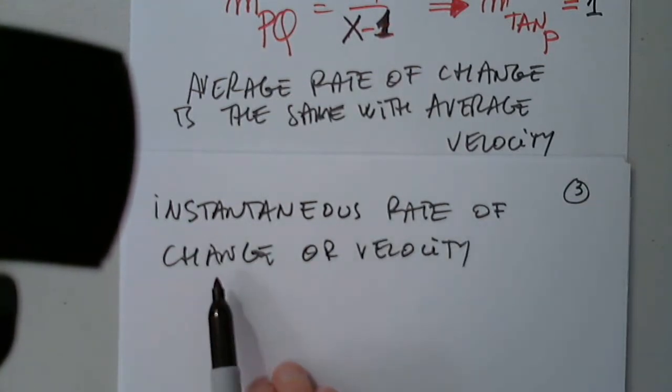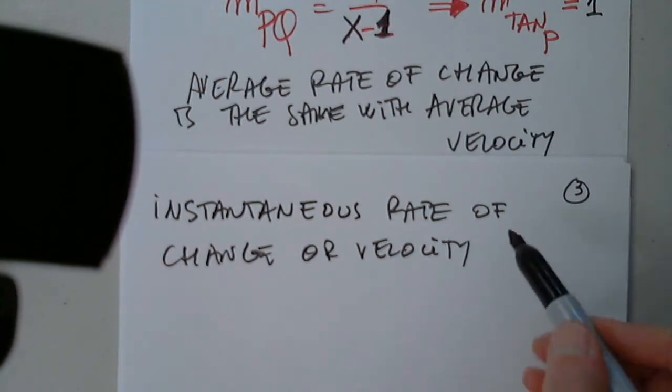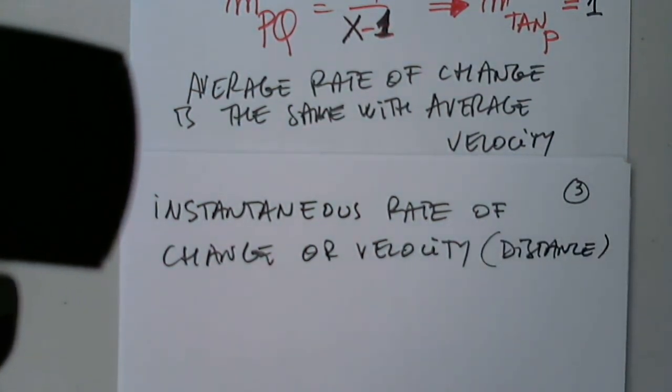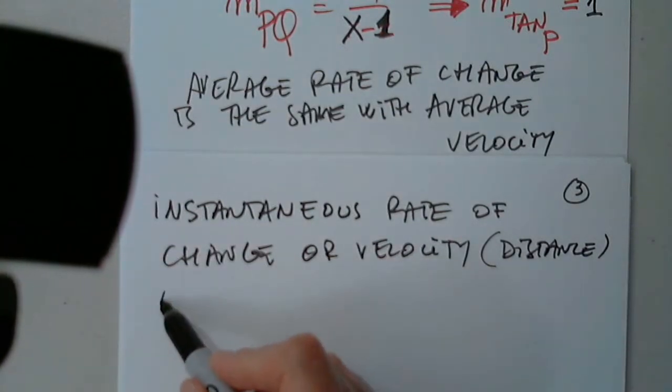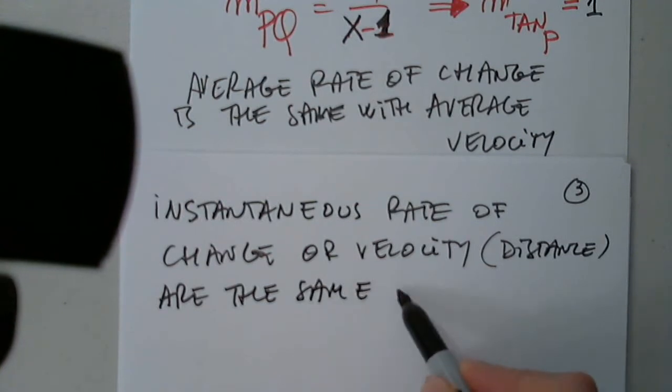So the instantaneous rate of change or the instantaneous velocity if the function is distance are the same with,